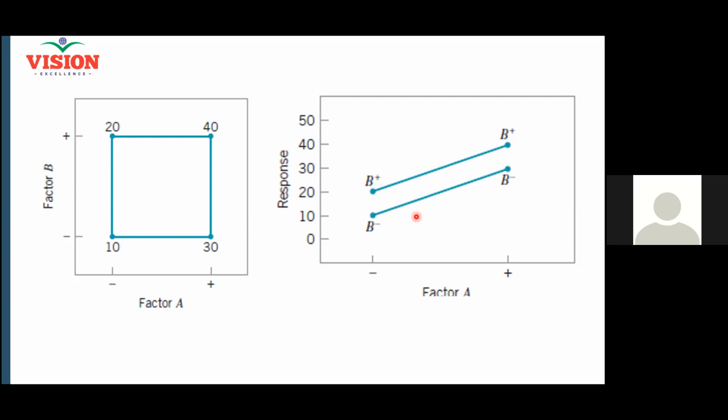Do you think these lines will remain parallel till infinity, or will they cross at some point of time? If it is parallel, there is absolutely no interaction. If there is an angle, then the interaction effect is minimal. But if the angle between them is increasing, then there is more interaction. A smaller angle means you can understand the interaction is insignificant.